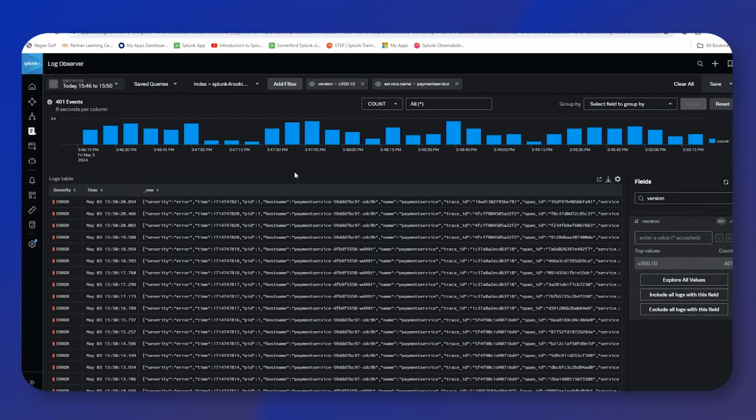Then we could have probably solved the problem using the tags and the tag spotlight within APM, but for a little bit more information we just clicked through. It brought us through to Log Observer Connect,